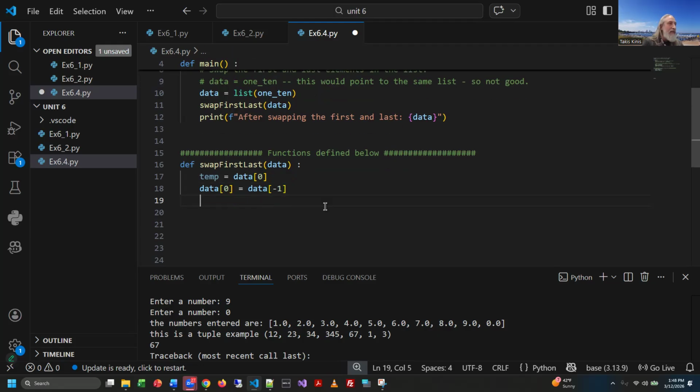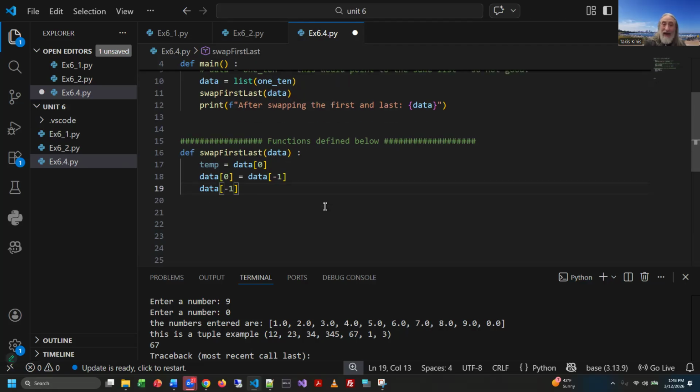And then to put that one in there, I just take the last position, where I can just say -1. Or, what's our data structure name? data[len(data) - 1], I could do it that way too. There are a number of different ways you could write that syntax. This is the way I prefer to do it. It's the modern way, and it's what I strongly recommend. And then I take that book I put in the temporary spot,